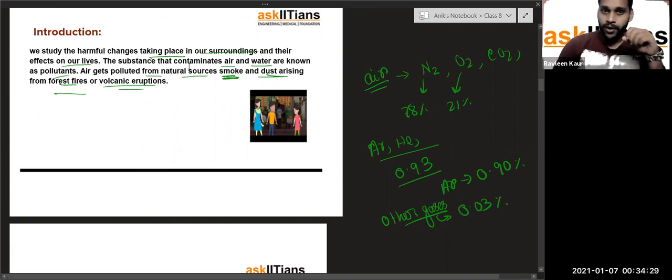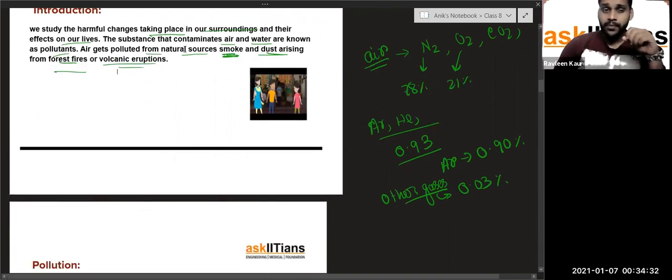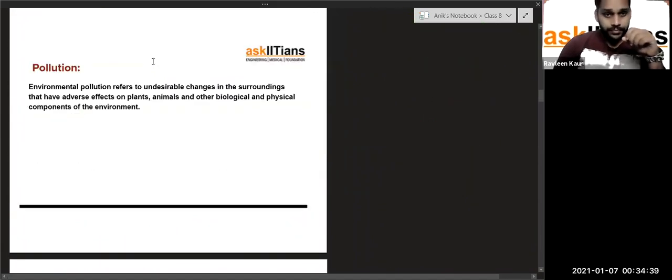I think you have heard about the recent forest fires. In 2019 you have heard about it, right? There was the Amazon fire. Now, what is pollution? I think you can understand that it is the undesirable changes in the surroundings which have an adverse effect on plants and animals and other biological and physical components of the environment. So pollution is nothing but